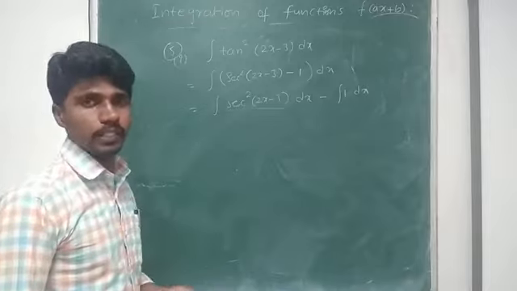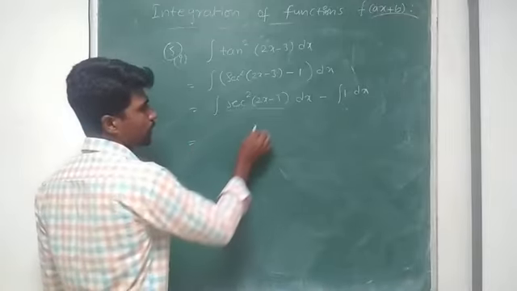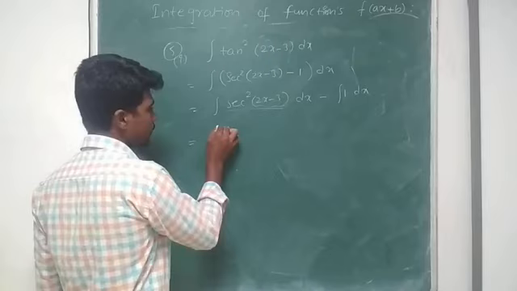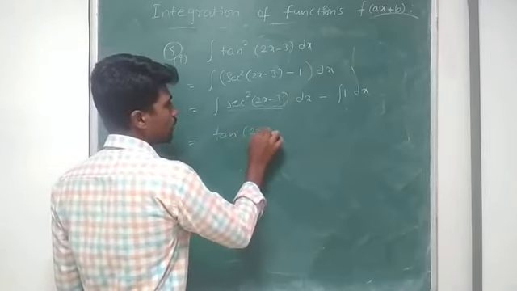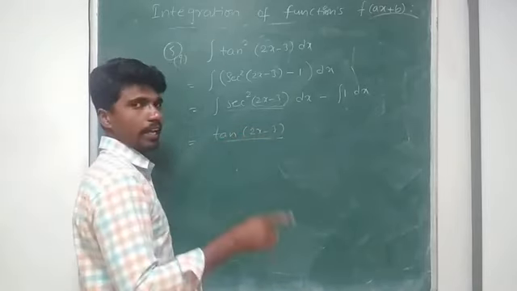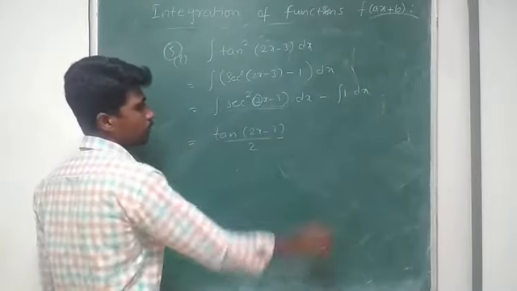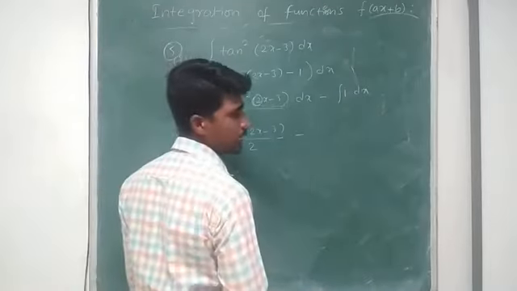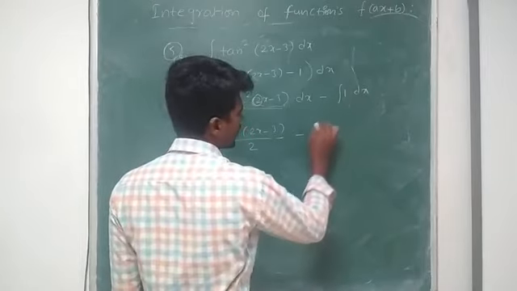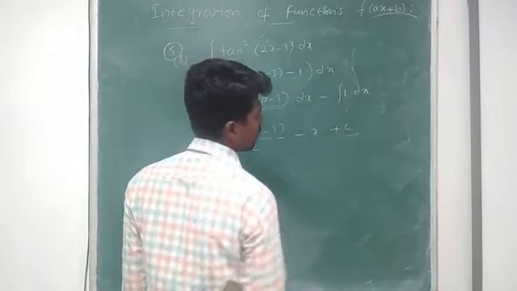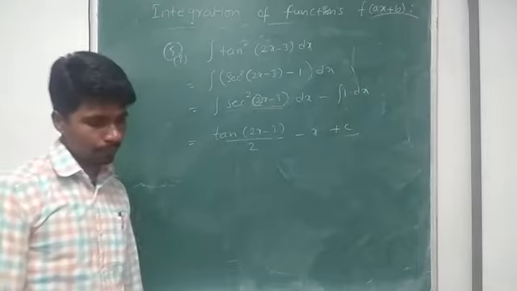What is the secant square x derivative? Tan x. But in place of x we have ax plus b. So take it as ax plus b. Tan 2x minus 3 by, if it is in ax plus b, so I have to divide it with the coefficient of x, by 2. Minus integration of 1. What is the integration of 1? x plus a constant c. Okay. Next,